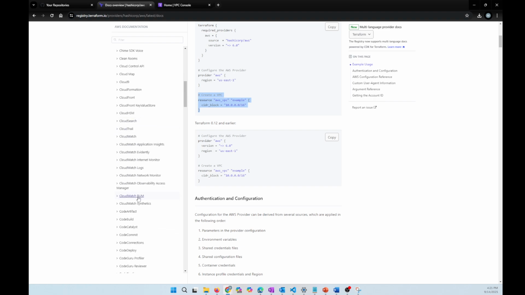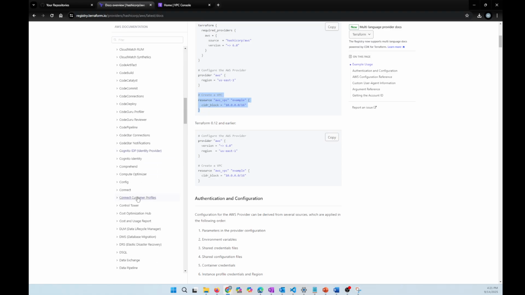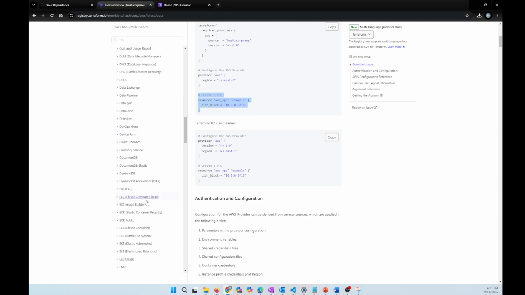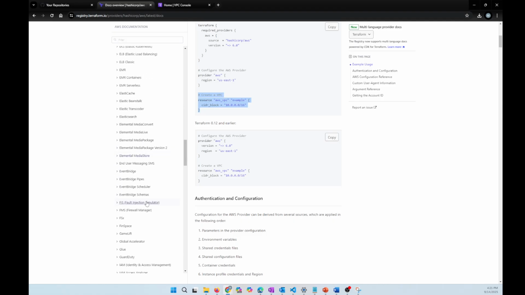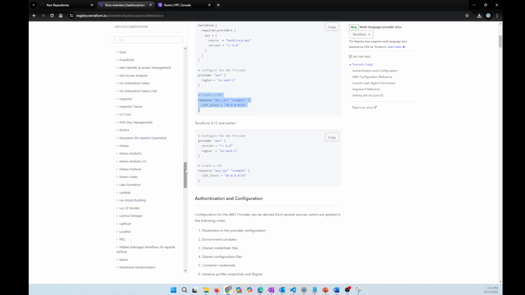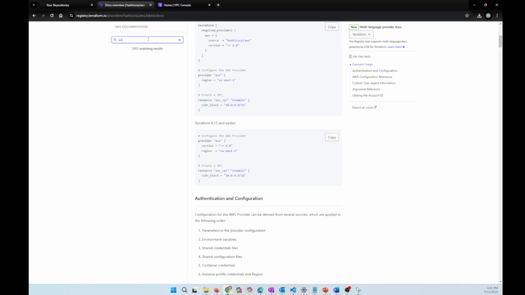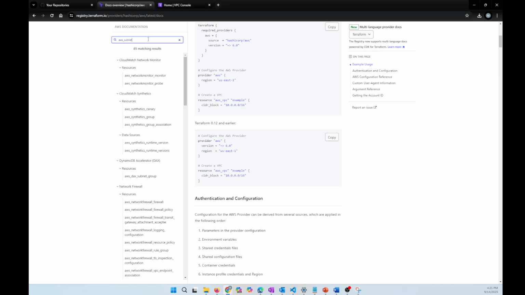I'm just looking for this. Okay, let's do one thing. The other way also, we can explore it. Let's say AWS hyphen subnet. We can do the search, and now here